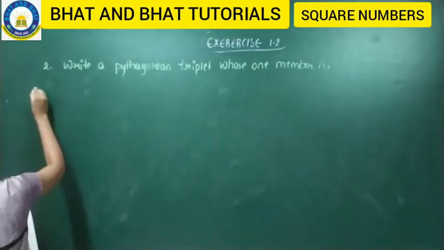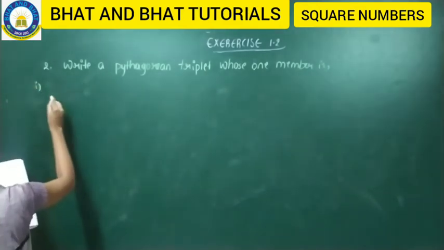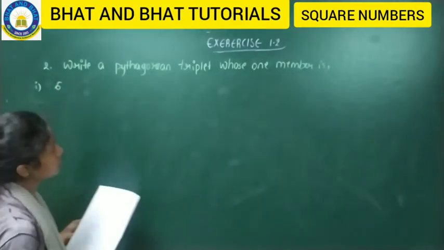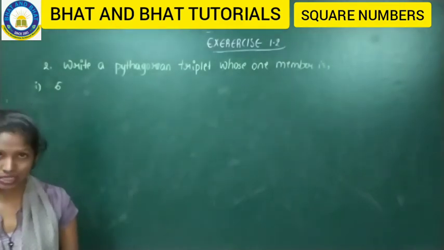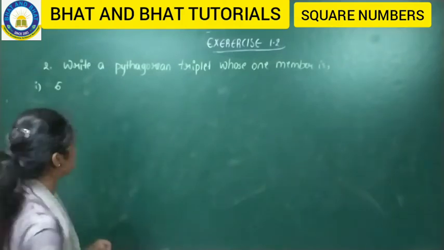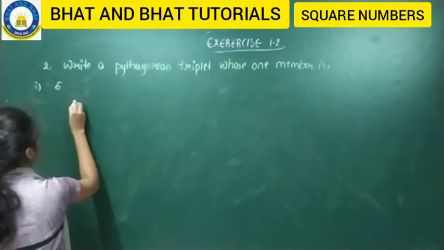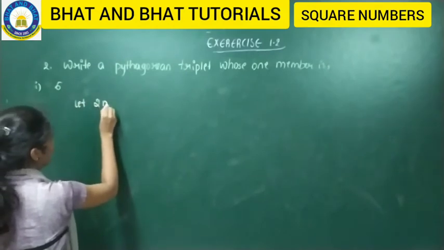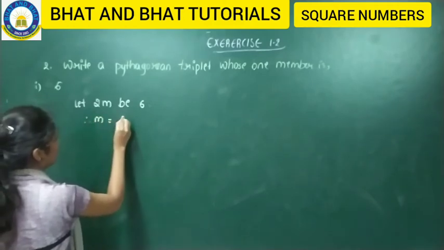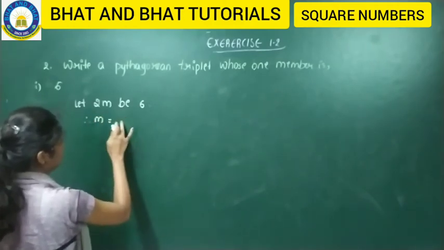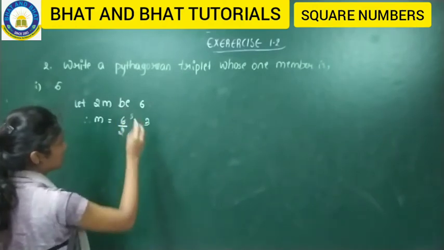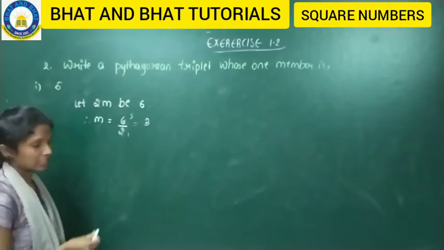So see the question. Question number 1, it is 6. Okay. So where one of the numbers in this Pythagoras triplet, they are telling it as 6. With the information of having 6, we have to find out the other two numbers. So 6 is your question. So let 2m be 6. Therefore, m is equal to 6 by 2, which is equal to 3. That is, 2 ones are 2, 2 threes are 6, correct. So therefore m you got as 3.